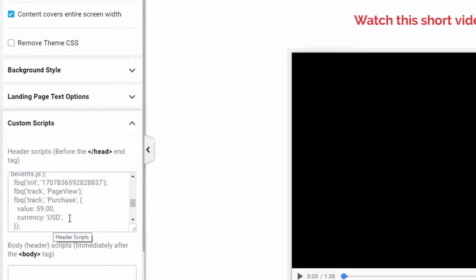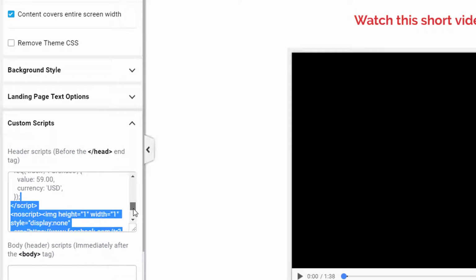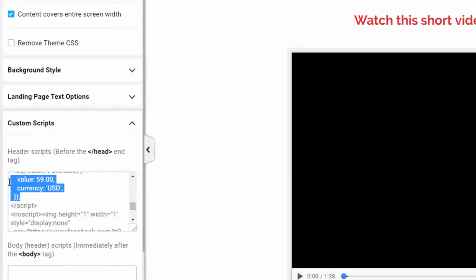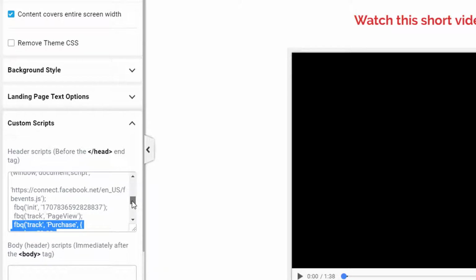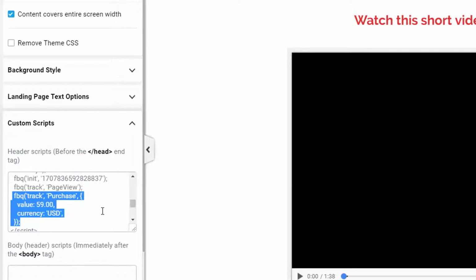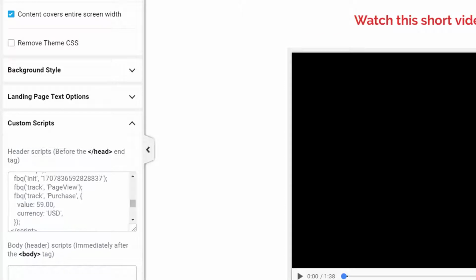And you can see I have it right here. Page view. And here's the purchase tag here. So this is going to fire a purchase every time somebody hits this page. Okay? Now, if I go out here